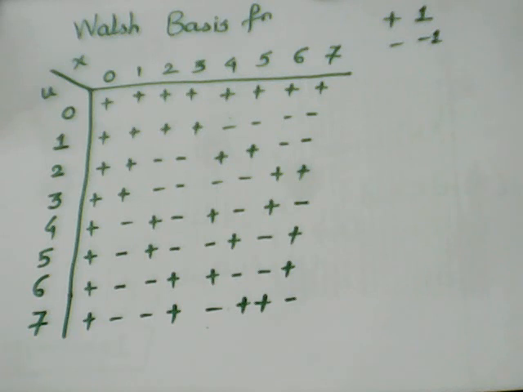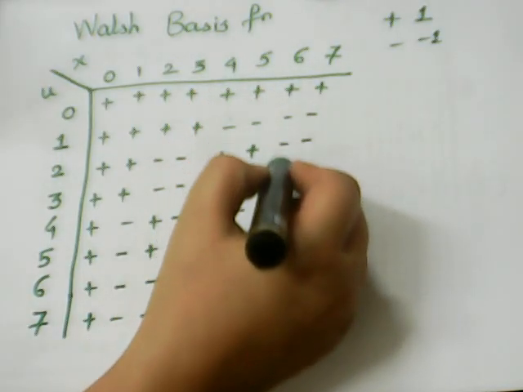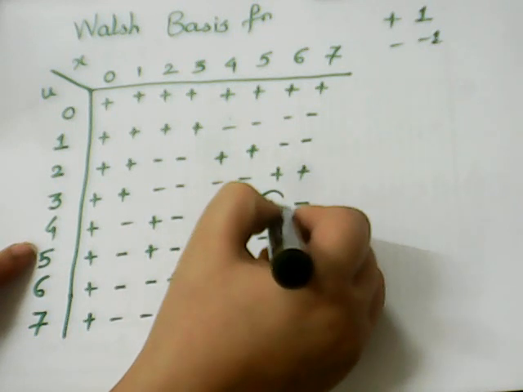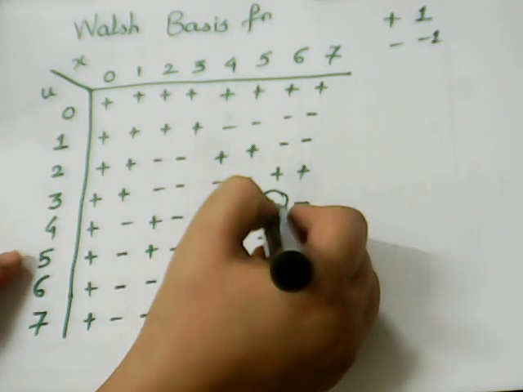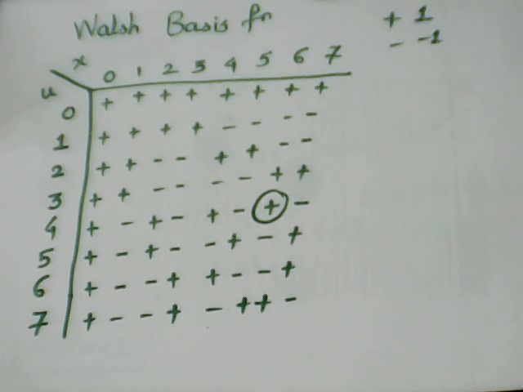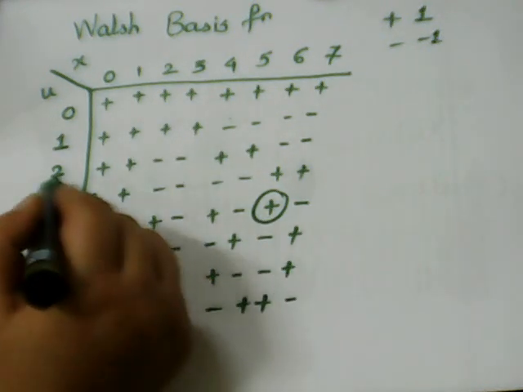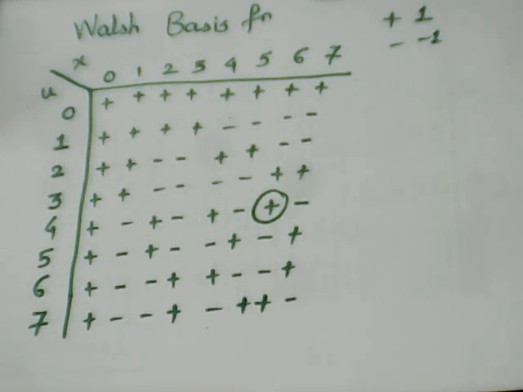So you cross-check whatever we have calculated just now: g of 6 comma 4. So 6 comma 4 is this. What value did we get? Plus 1. Yes. So the homework I gave is 3 comma 5, 2 comma 7, and so on. Try it out at home and cross-verify whether the answers are like this or not.